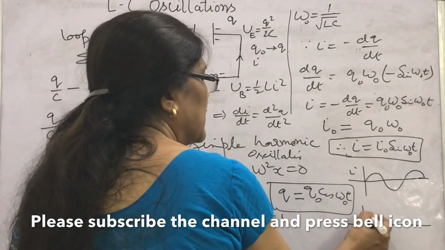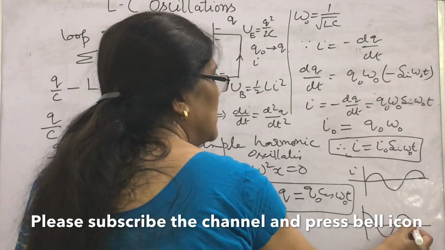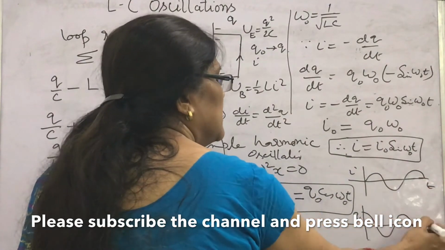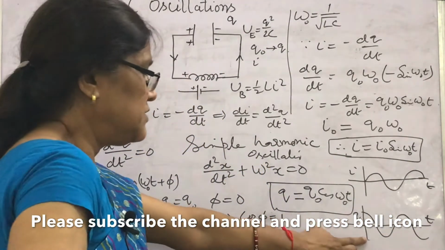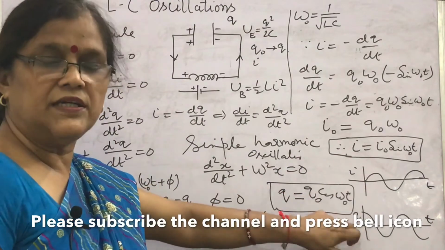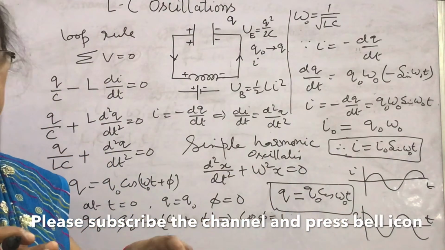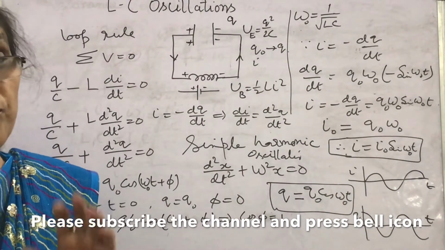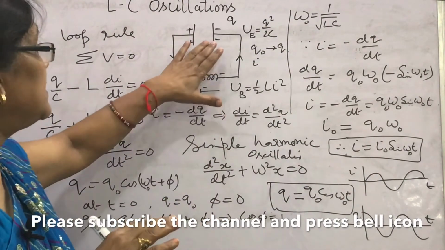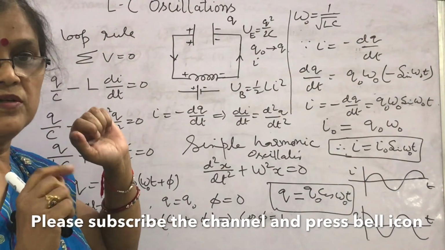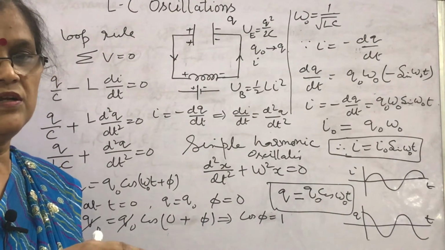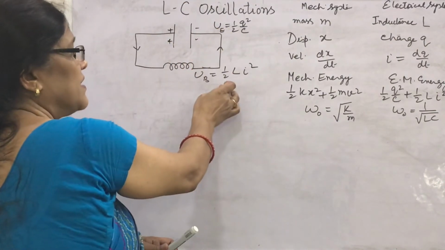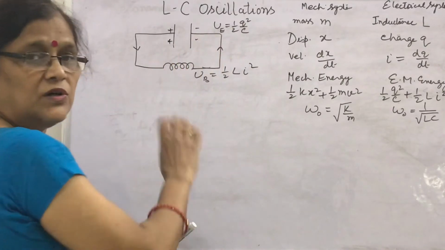So it goes from the maximum, and you know that this is the cosine curve and this is the sine curve. So charge and current both oscillate. Now if you have to prove that the total energy of the system remains constant, the proof is that the total energy, electrical and magnetic, its sum is always constant.